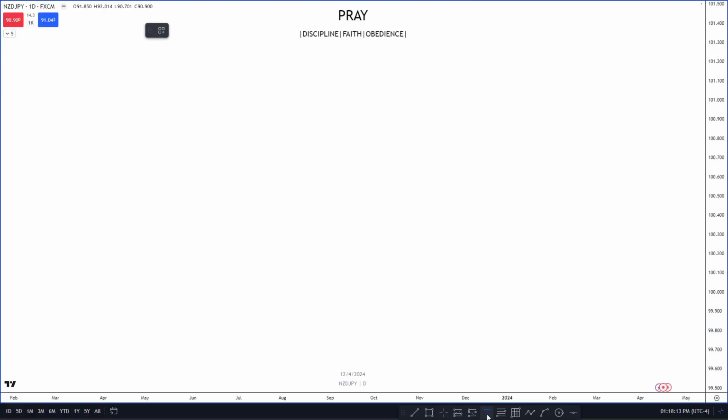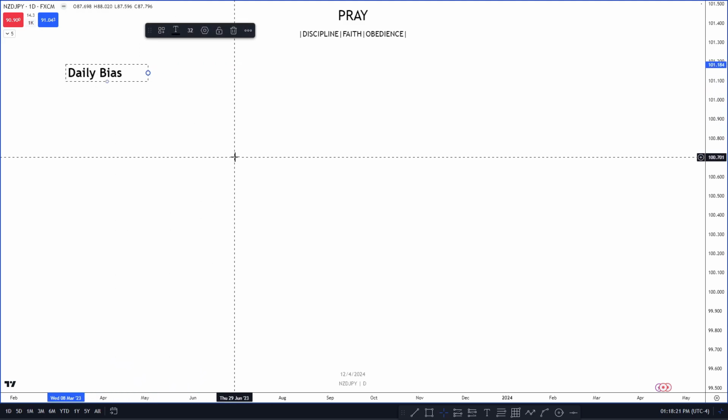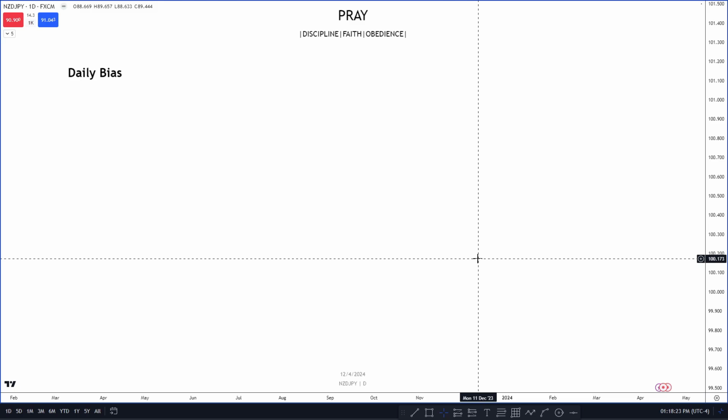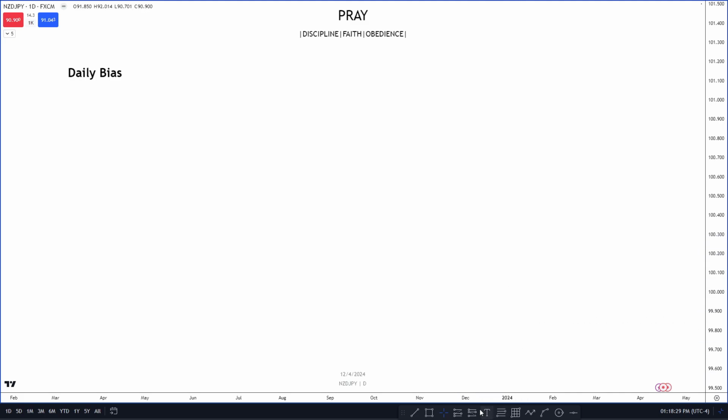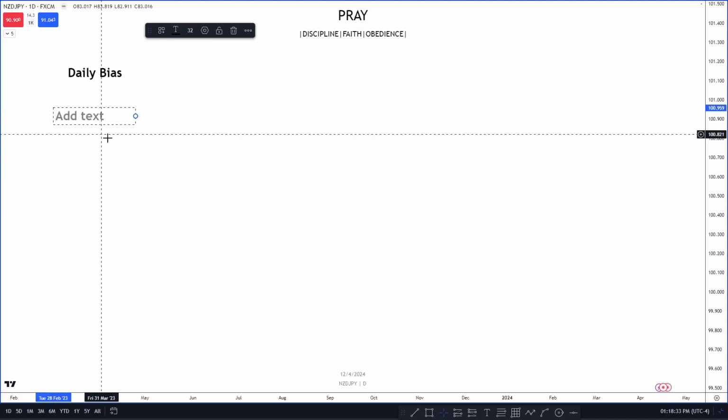Today's topic, we're going to be going over how to find daily bias, right? So this is how you find your bias for the week and just overall for the day. Not for the week for the most part, but for the day. But we have a few factors that go into it. So I'm just going to get straight into how I usually find it and tips and tricks on how you